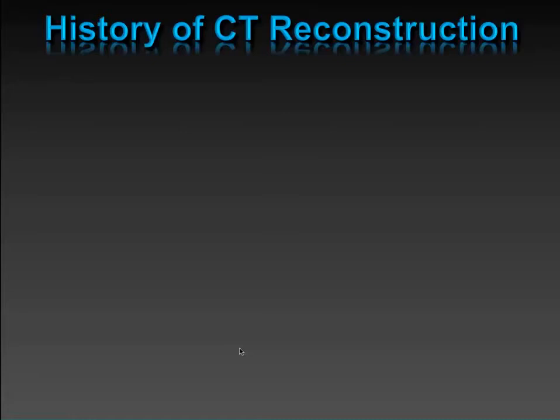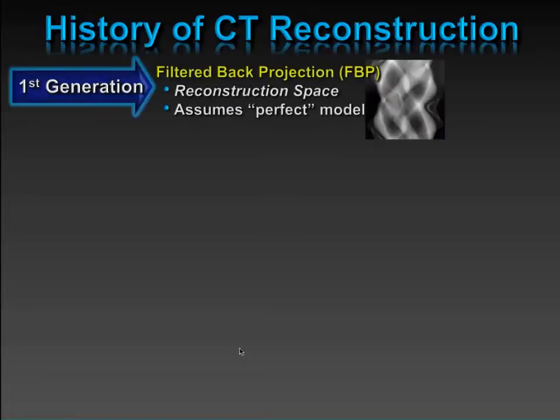All right, now I'd like to turn our attention, because I get a lot of questions about iterative reconstruction. What can I expect to do these? How should I implement them? What are the different types? And if you look at the history of reconstruction, the first generation was the filter back projection, which basically was